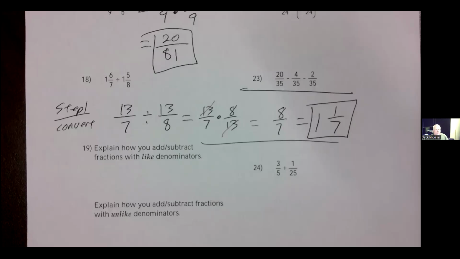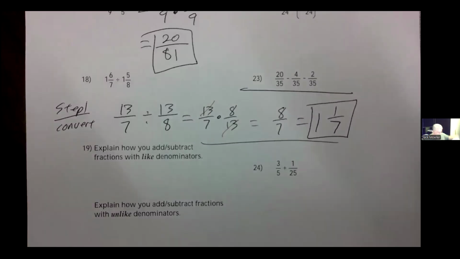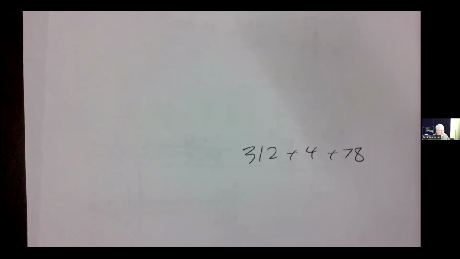So when you're adding or subtracting, you do have to have the same denominator. In this case, the official term is like denominators. And the reason is you can't add and subtract numbers that are different relative size. What I mean by relative size, the best example is place value. So if I give you a set of numbers, 312 plus 4 plus 78,